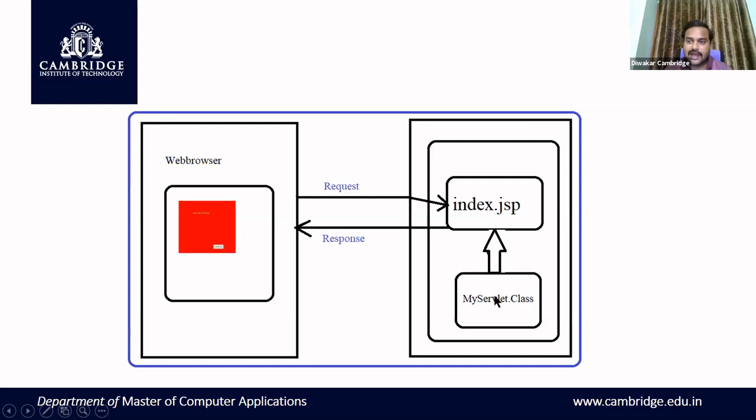After running an applet, you are going to generate a .class file. That .class file you have to include in the JSP page. Then you have to run this JSP page. That applet has to be displayed inside the JSP page, and it has to be displayed on the client side. This is about this program.